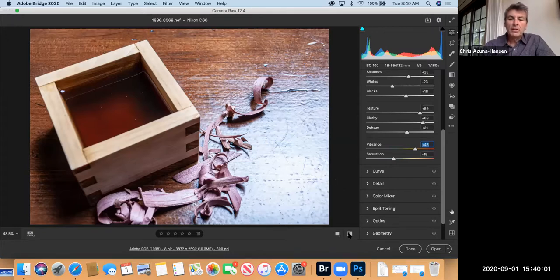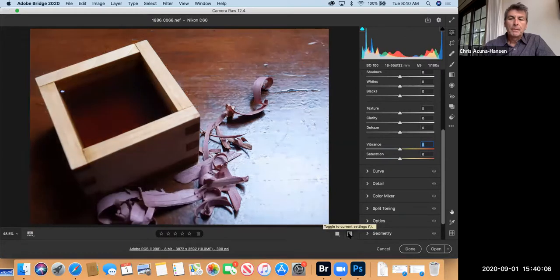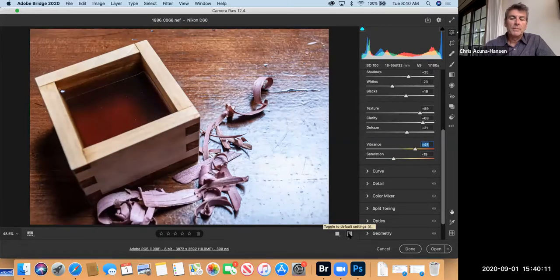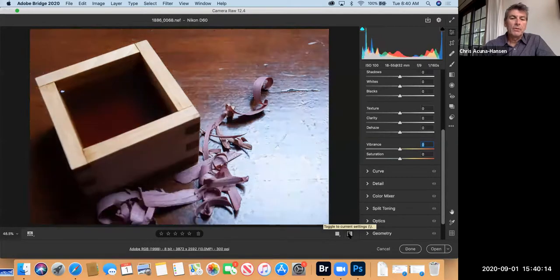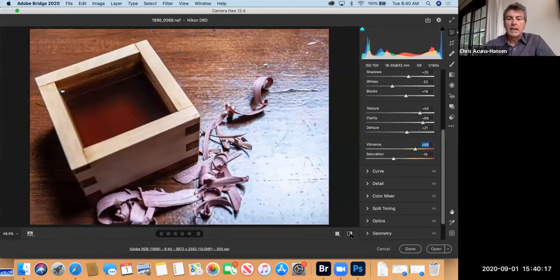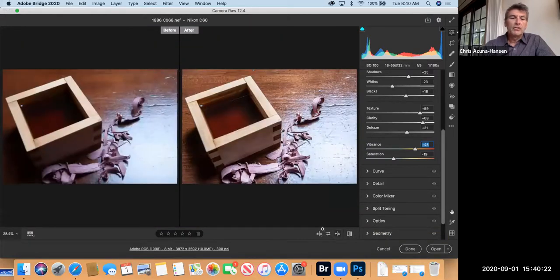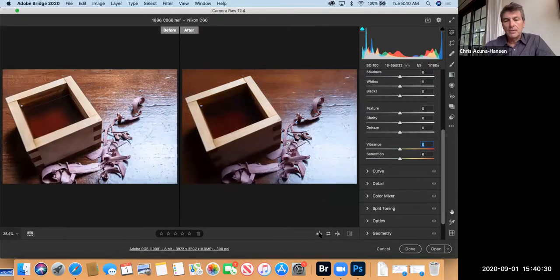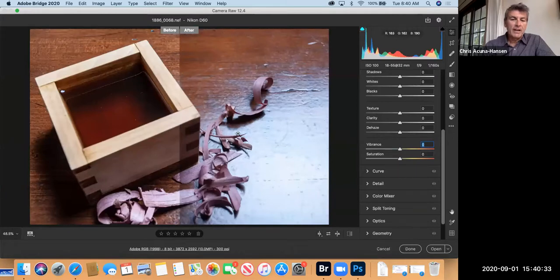Now, if I want to see what it looked like when I started, oh, that just took me back to where it was when we started. So this toggles back and forth. That's what the image looks like when I brought it in. Here it is with the changes that I've made. I can also look at the image from where I started to where the changes I've made. I can switch these around, or I can put them half and half on here. So there are different ways you can work with